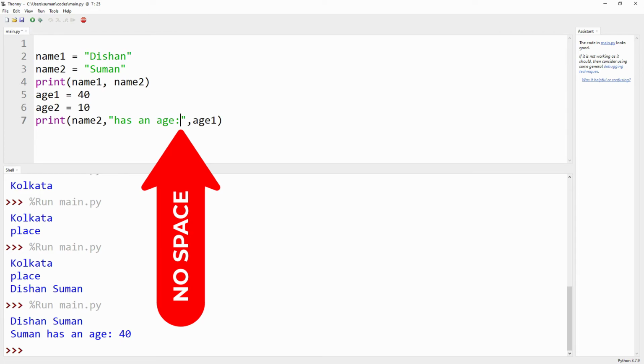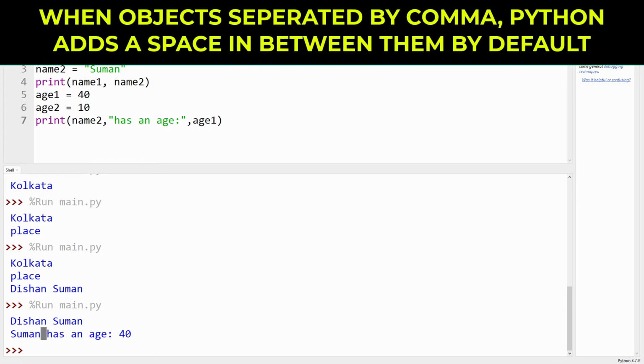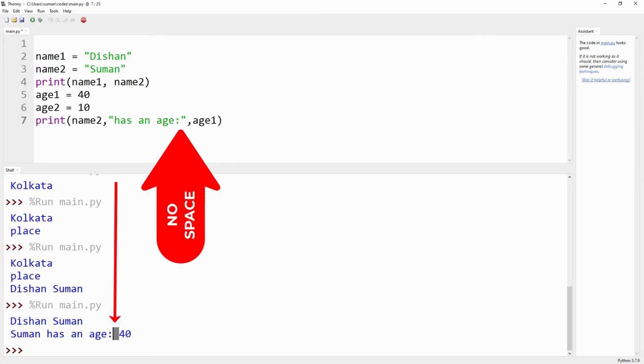After name2, one space has been introduced by Python itself. That means when objects are separated by commas, Python adds a space between them by default. Let's check another one. After "age:" there is no space, but here Python has introduced a space.